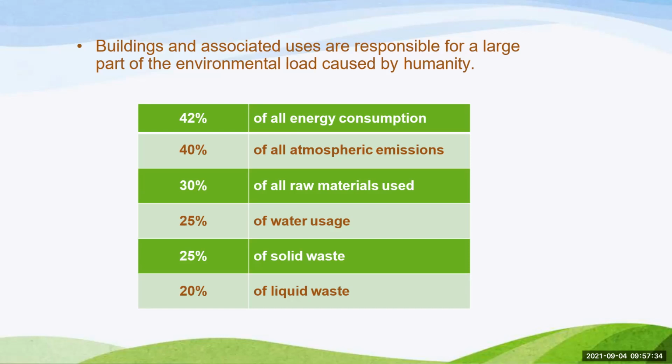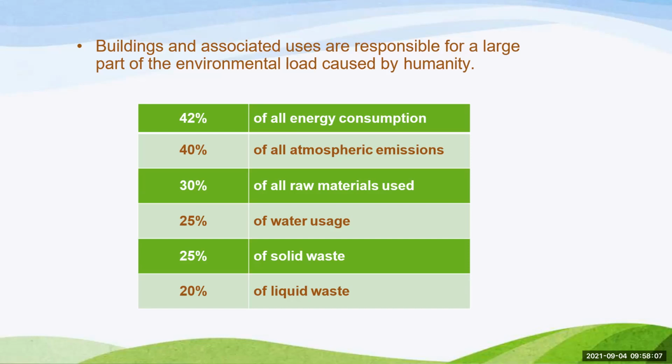Okay, so this is the part of the environmental load caused by humanity. This type of impact is available in human activities. I cannot use only new material and not use waste material. If I use waste material, the building is not weak; the building is an eco-friendly building. Your atmosphere is good. If you use new material, many types of pollution are created in the atmosphere.